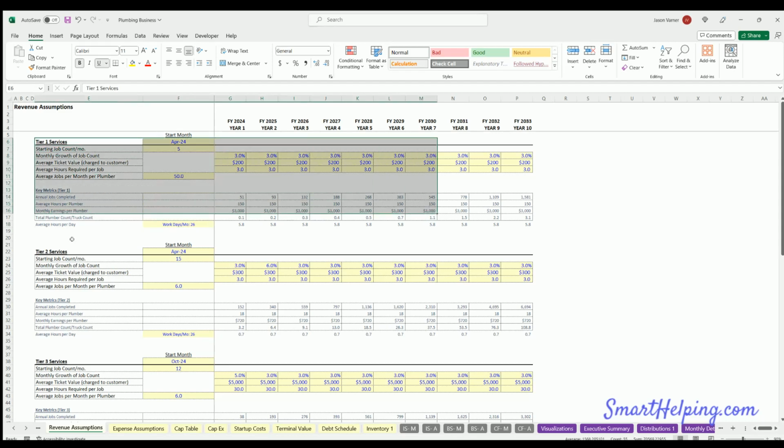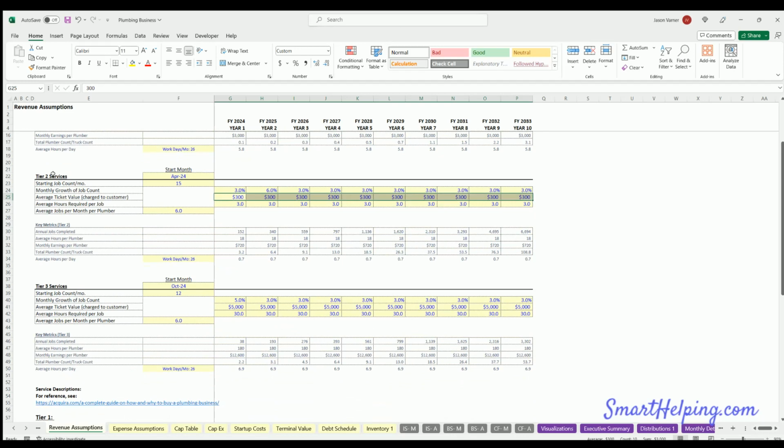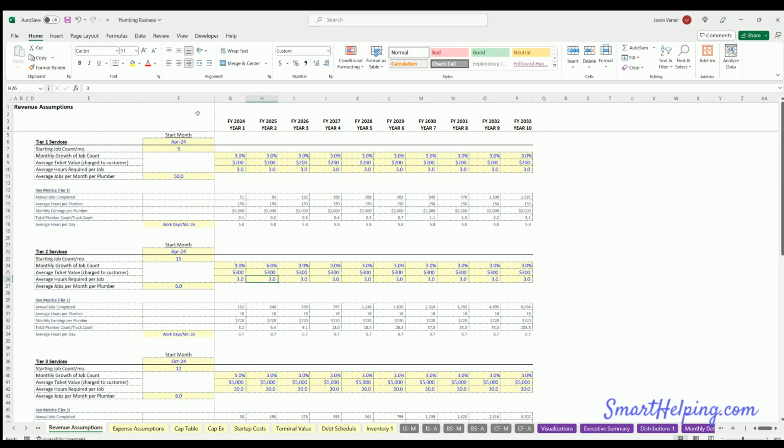So tier 1, 2, and 3 services, the assumptions all work in the same way based on starting job count, how your growth of job counts, the average price you're charging for them, average hours, and average jobs per month per plumber. So like on these, maybe they do less of these because they're higher service jobs, charging a little bit more. Now these again are just arbitrary assumptions. You're going to put in a number here that makes sense for your situation and the types of services you're doing for tier 2. And same with hours required per job. So we have this data in